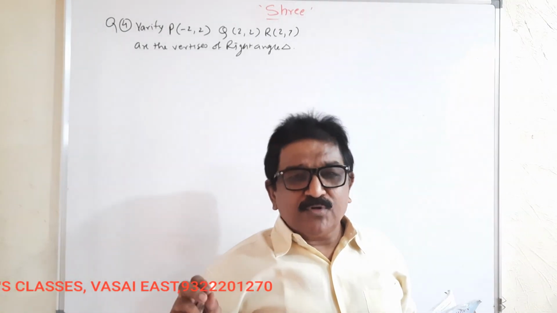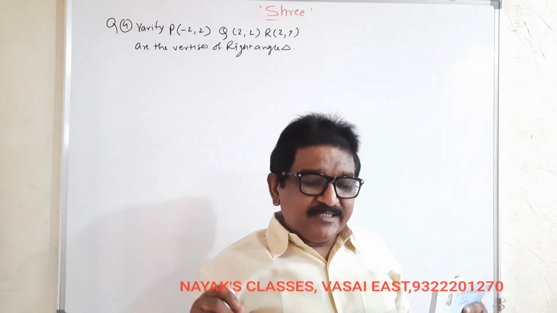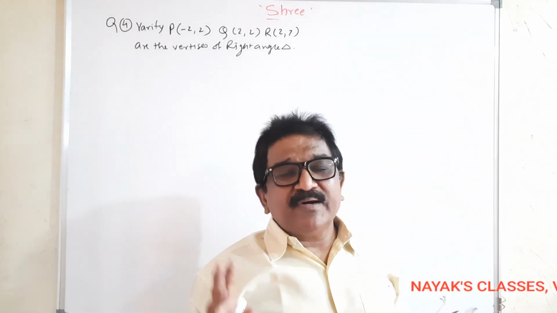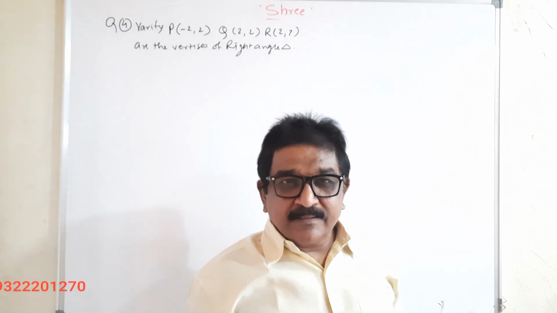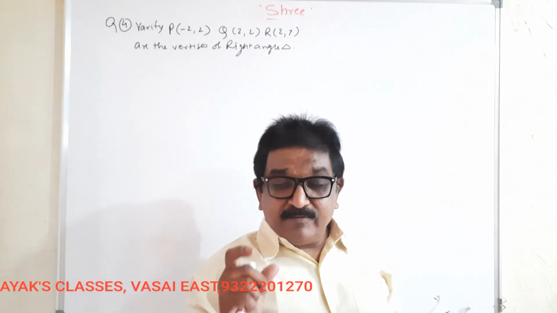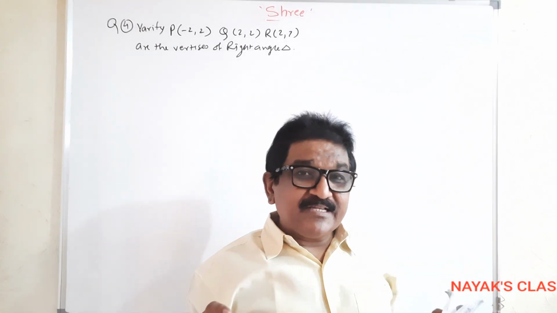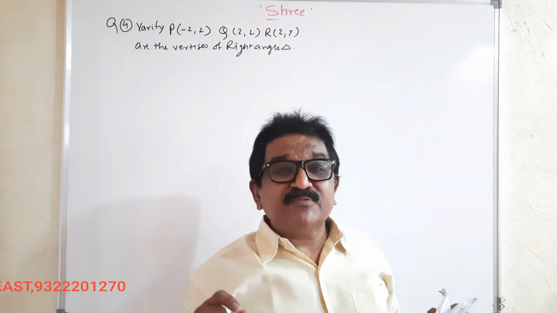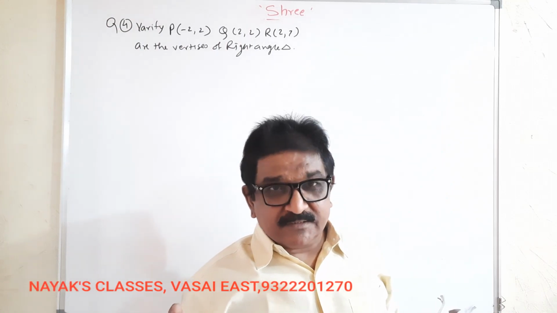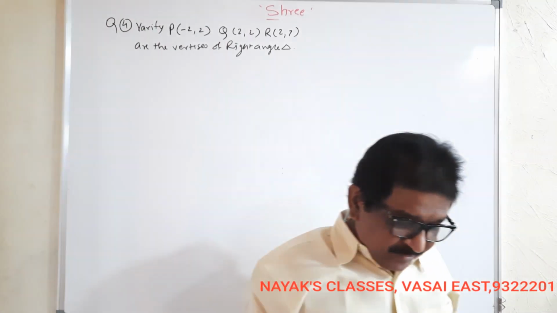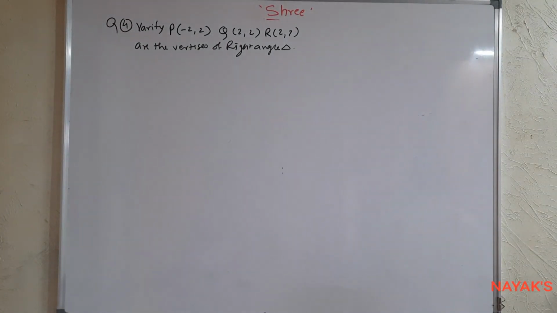If you put logic to the work, it is very easy. You will get full marks in this lesson. So there will be two small distances and one greater distance. The greater distance square should be equal to the sum of squares of the other two small distances. Correct? Very nice. So we are starting this example with